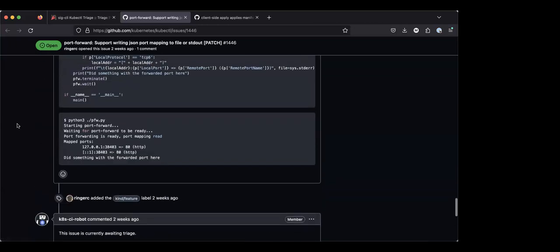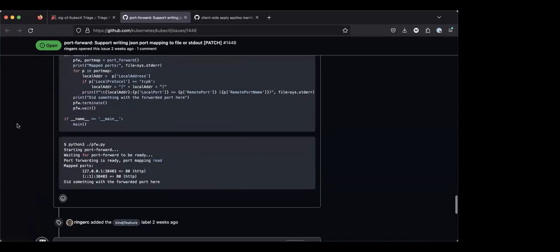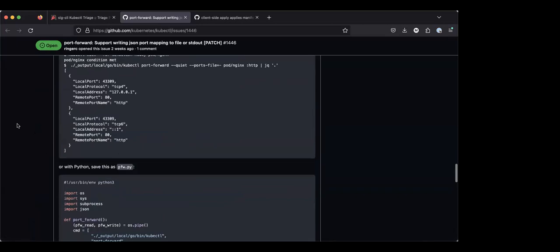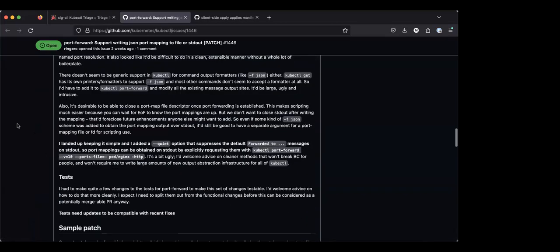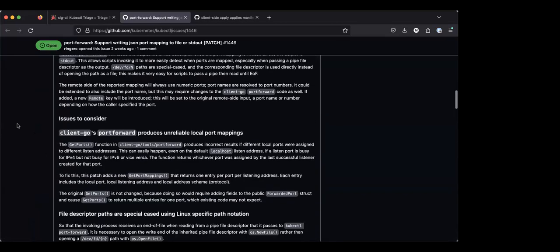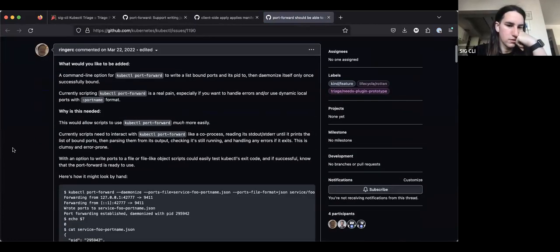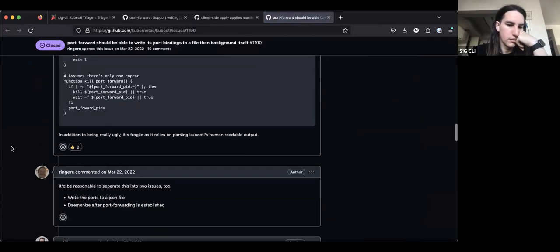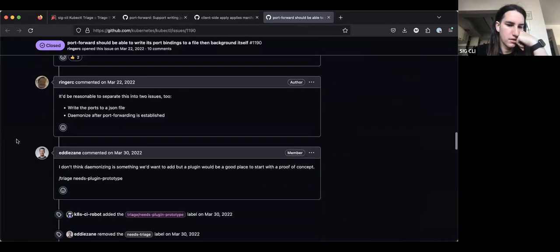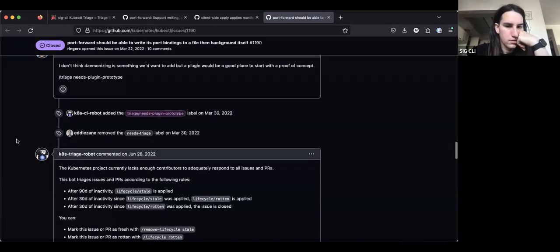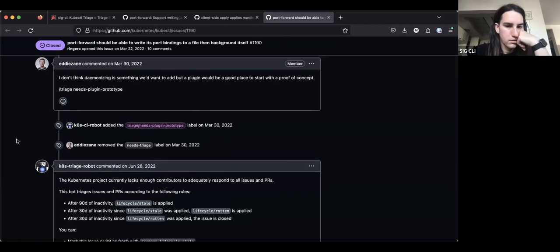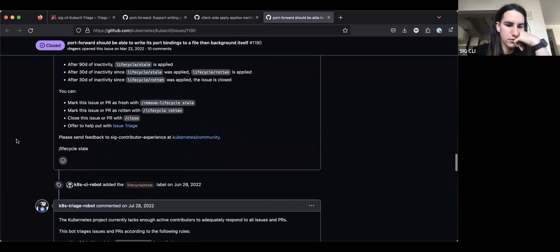They opened a similar issue, actually, this one, and Eddie closed this by suggesting that it would be a good plugin. Oh yeah, okay. I think, yeah, I think that's for sure where